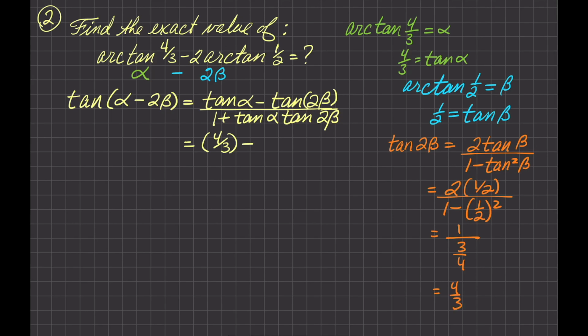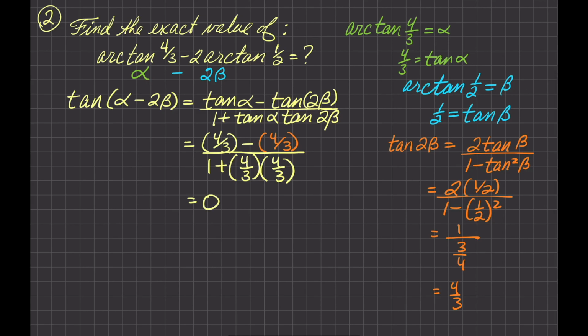Oh okay, well, this is going to end very quickly here. But as long as we see the approach of this problem, where we see an expression which looks like trig, and it is, but really it's just a difference of 2 angles, we're going to use that difference identity for tangent to work it out. Let's keep going and see what happens. We have 4/3 minus 4/3 over 1 plus tangent of alpha, which is unimportant now for this problem, because the numerator is 0. However the denominator simplifies out, it's 0 over something.